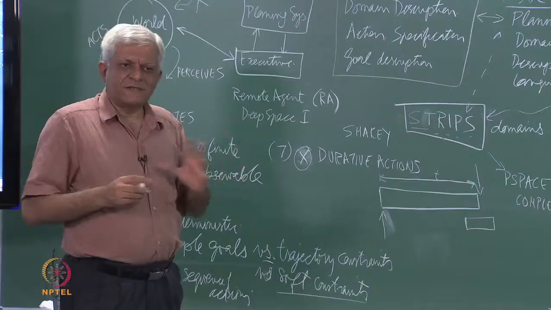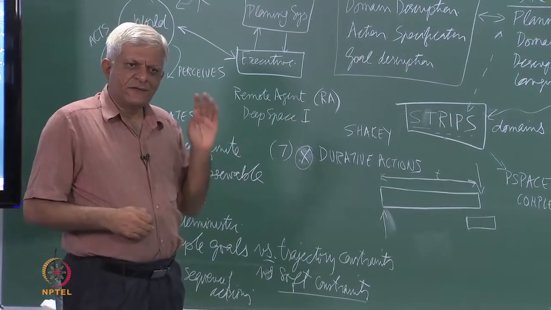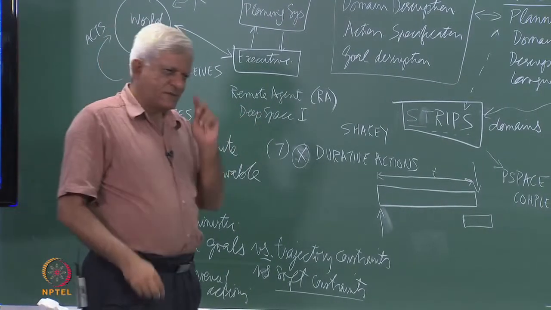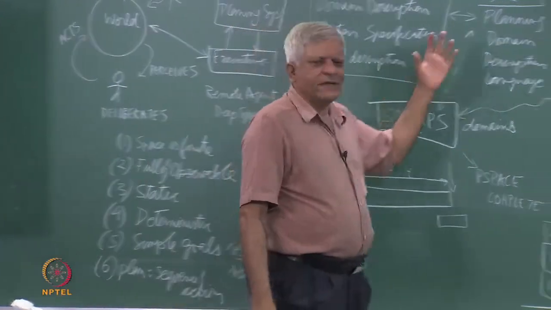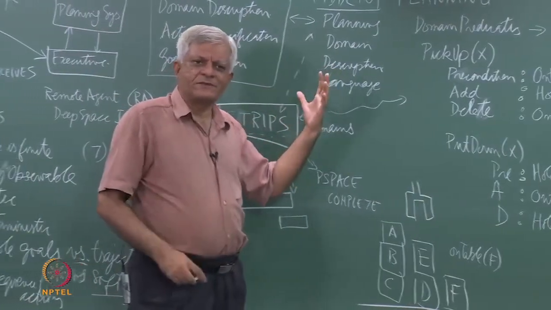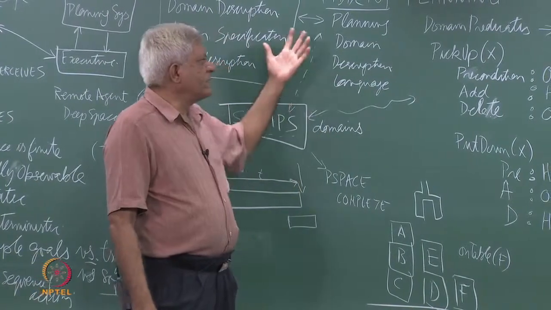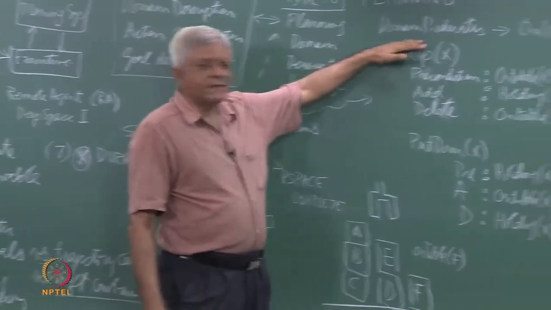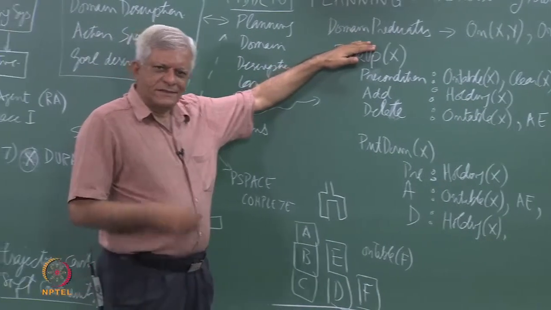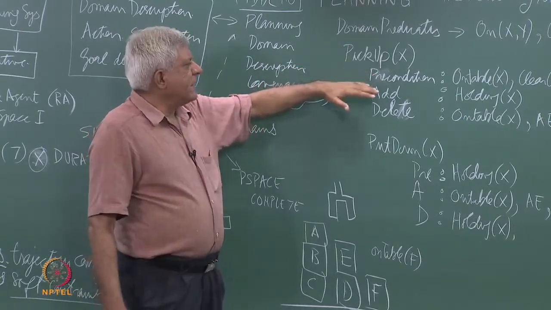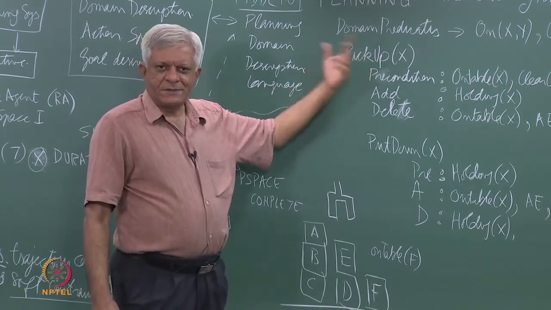Okay, so we describe a set of actions using the precondition list and the effects list of the actions, and we can basically now have a language to define any domain in which we want to do planning. What we will need to do is to define a set of predicates which describe the domain, which means describe the states of the domain, and then define the actions which can be done essentially.